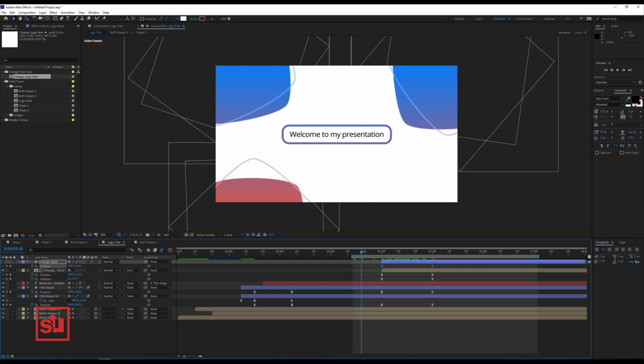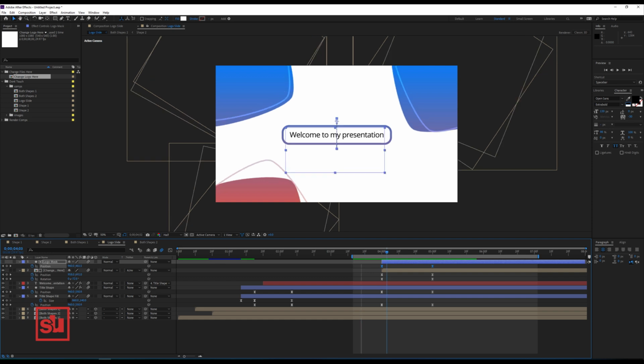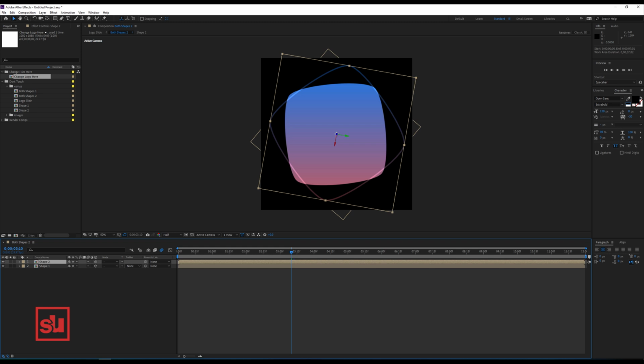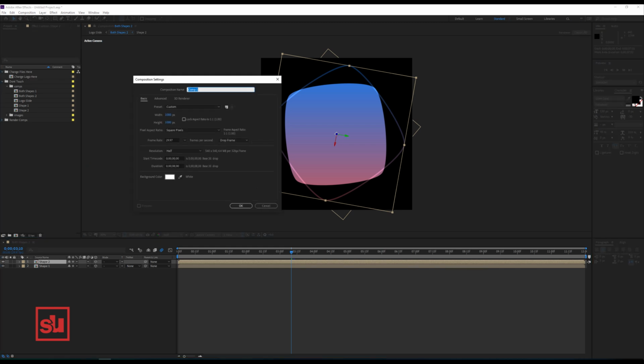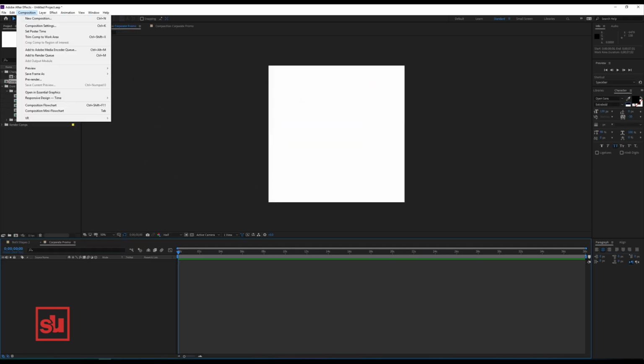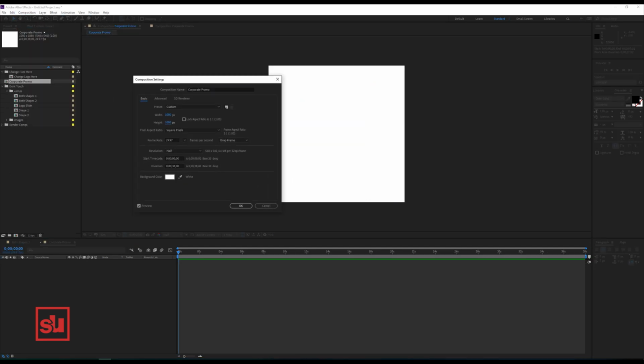And let's add the motion blur also. Let's cut the beginning of the logo and let's move forward. New composition, corporate promo. Okay, let's change the position setting to